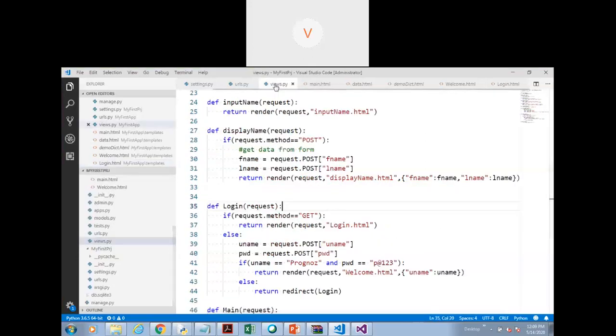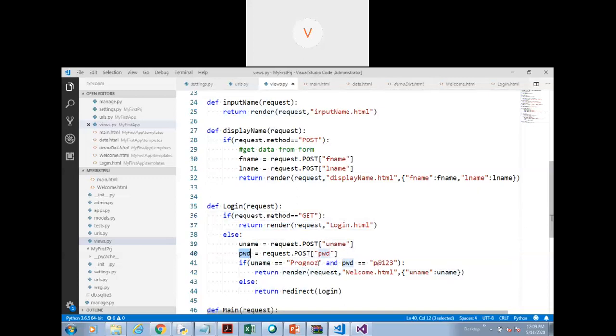So now come to the views section, and in the views section here, first we are checking if the request is of type get. Then in the get request we have to render the HTML file. That means the user should be able to see the login file. After that, when the user hits the submit button, we have to accept the username and password. So these are the two variables inside which we are accepting the username and password.